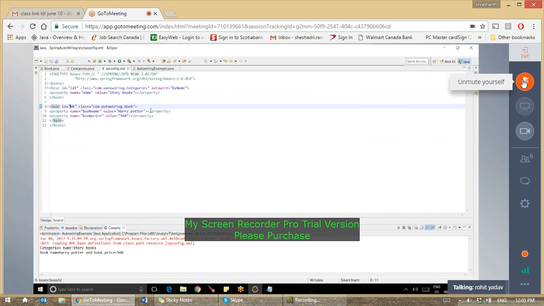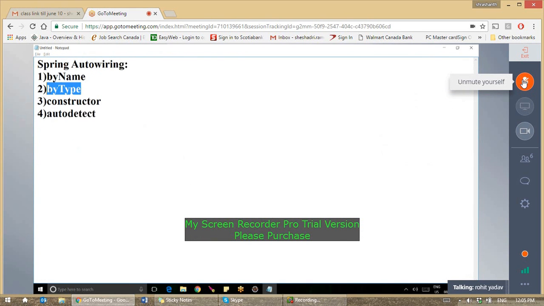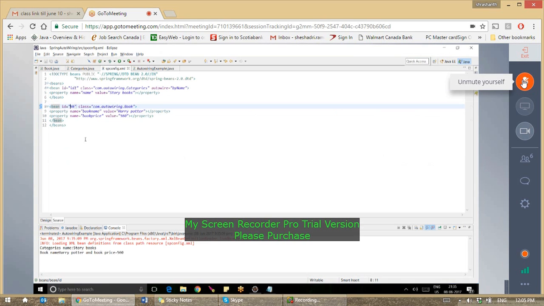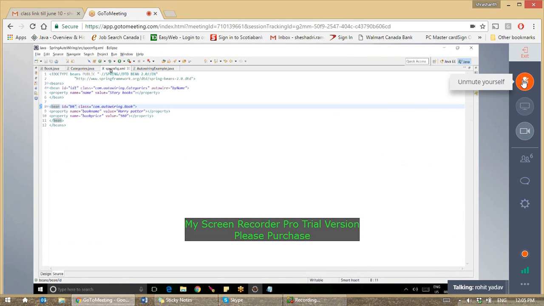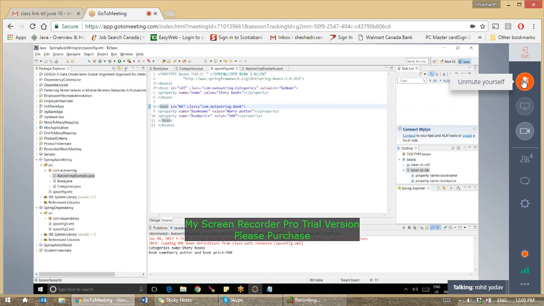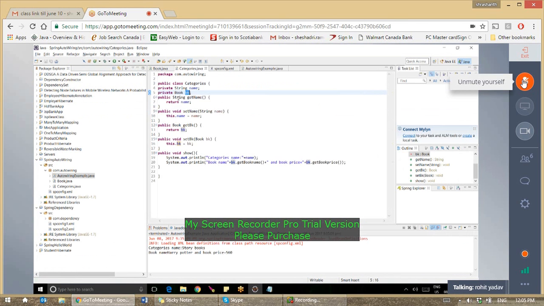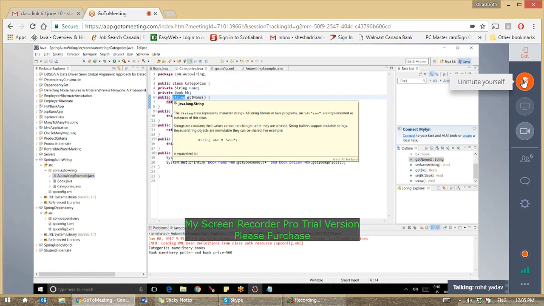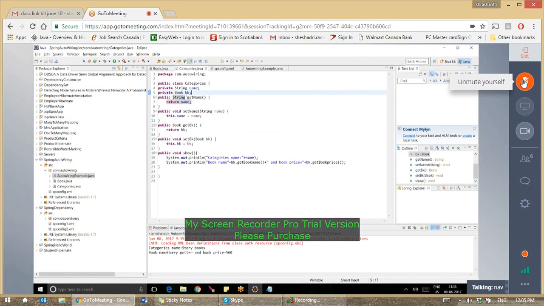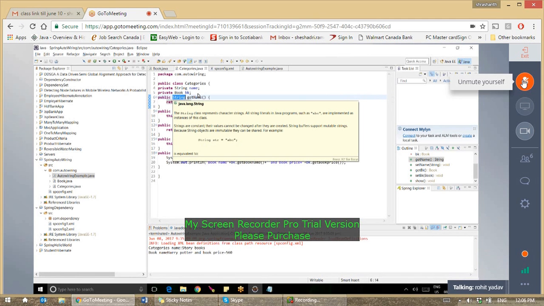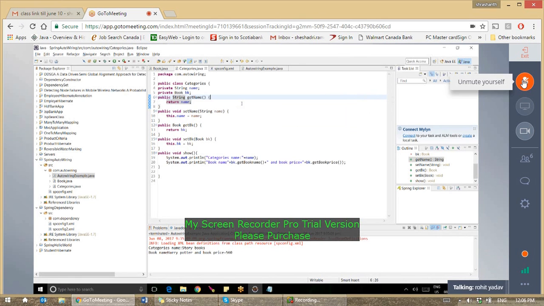Now, the second way is nothing but by type. Here, simple thing, we don't have to get confused. In this example, by type does not indicate the data type. It's not the string. Here, by type indicates the particular class name as a return type. Okay, object as a return type. For that reason,